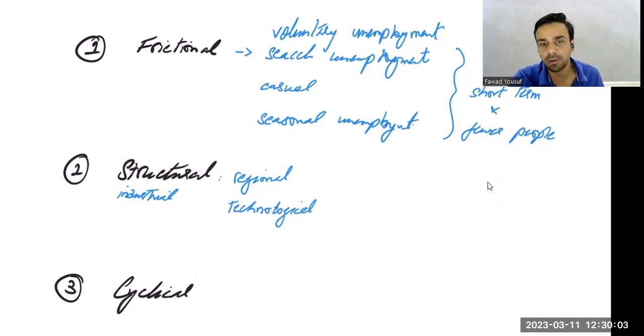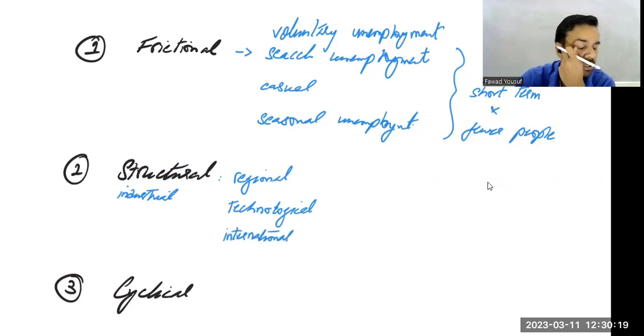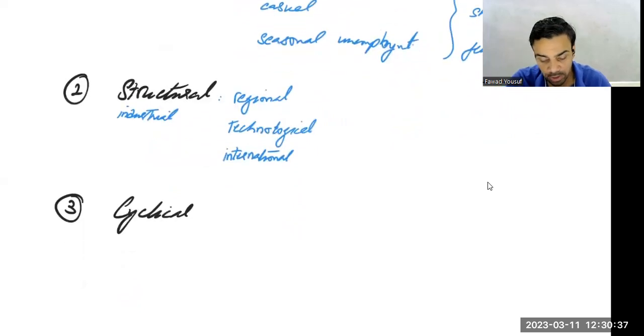In which book, let me just suggest, in a book by Susan Grant and Bamford, they've even mentioned, I haven't done this with most of you, international unemployment. This one is actually about when a country is losing competitiveness in certain goods. Because of that, people in those certain sectors lose jobs, right? Because then that country's demand will be falling as a result.